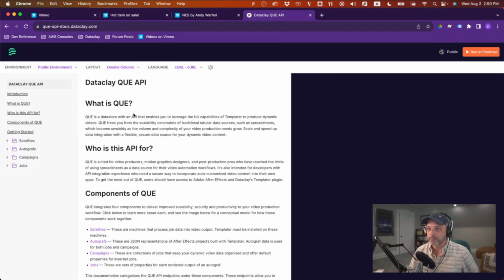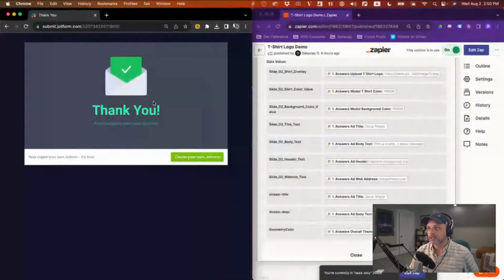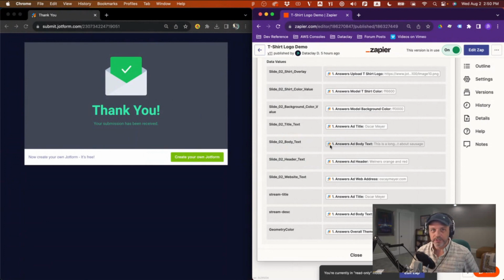But keep in mind that QUE and Zapier also work hand in hand. You can do things with Zapier where Zapier examines a particular job, and if it notices the job streaming status is set to done or on stream, it can do something as well. So you can build things with a no code solution. If Zapier is already able to upload to the platform you're interested in, then right there you've got the potential for a QUE integration.